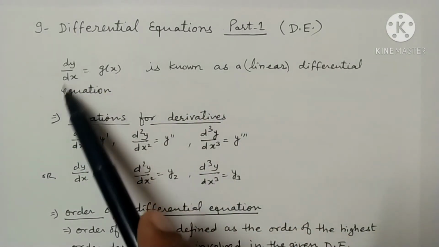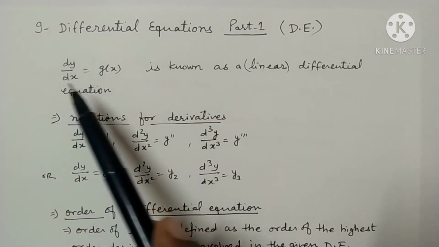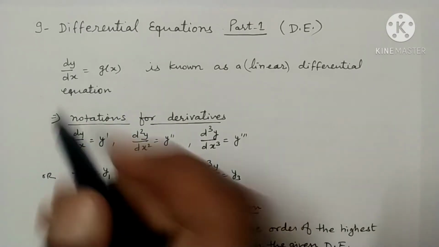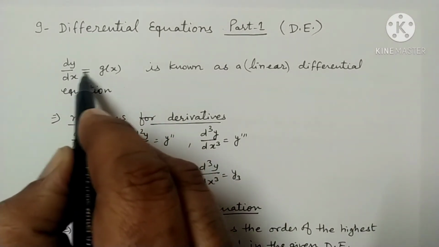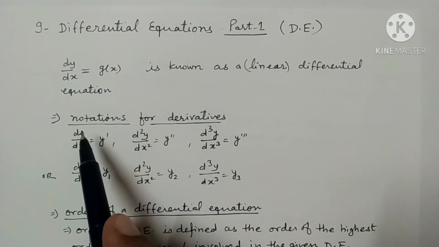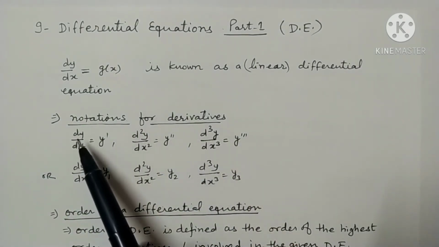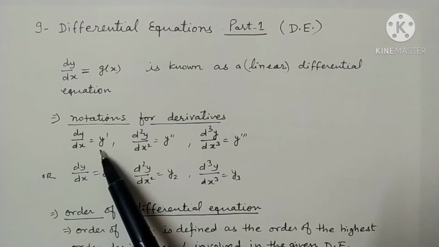So if you have a differential and any other function, and there is an equal sign, this is called a differential equation. Do all of you understand? Now, notations for derivatives. Look here, we will use dy by dx equal to y dash,